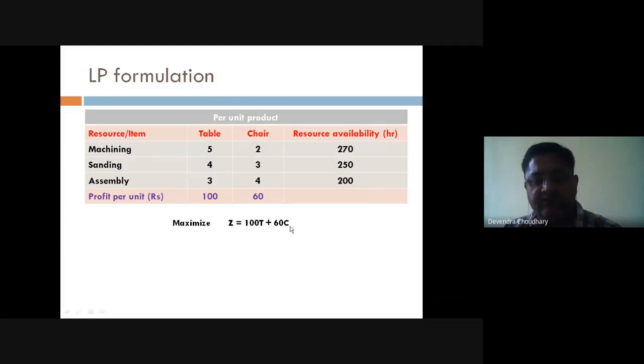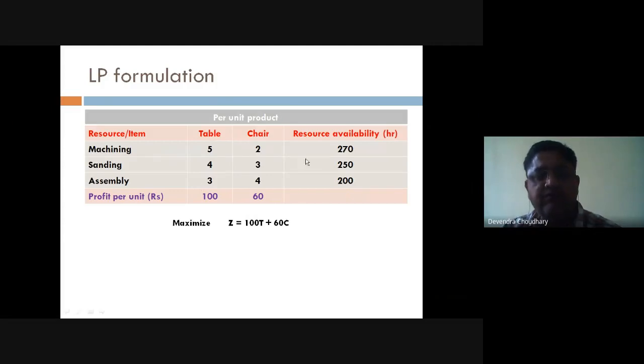Now for this objective function, if there is no constraint, we can produce an infinite number of tables and an infinite number of chairs. There is no bound on these numbers, and we can earn infinite profit.